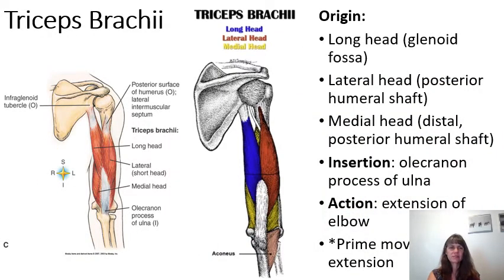Triceps brachii is the muscle found on the posterior aspect of the arm. We know this is a posterior picture on the left side because we can see the spine of the scapula, and we can see that also on the picture on the right. There are 3 heads to triceps brachii. A long head, which has its origin on the glenoid fossa of the scapula, the inferior portion of the glenoid fossa. We have a lateral head,